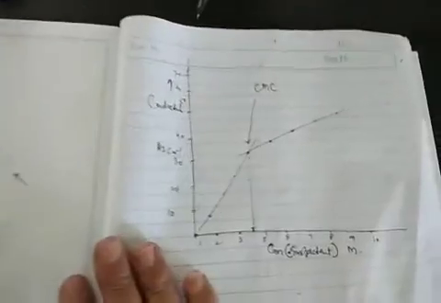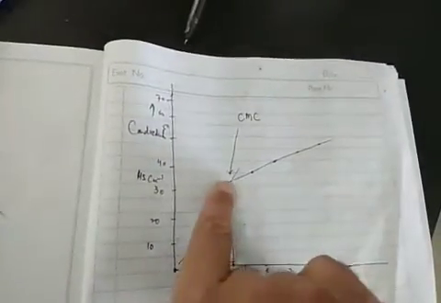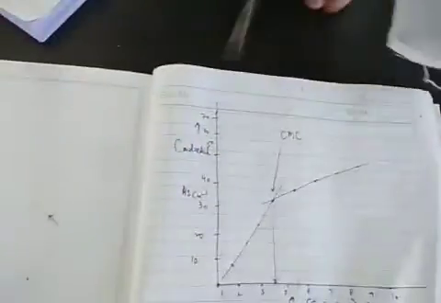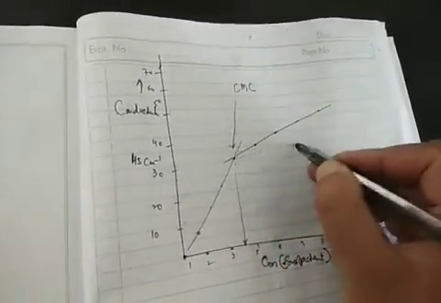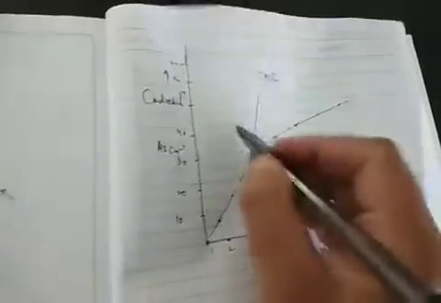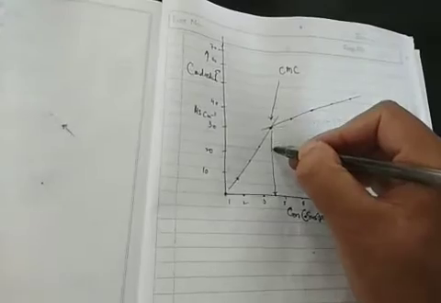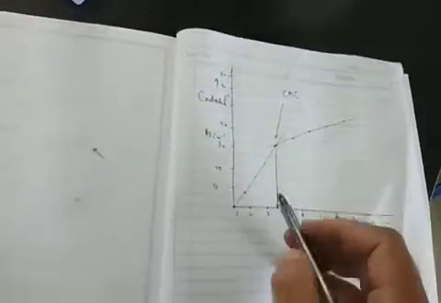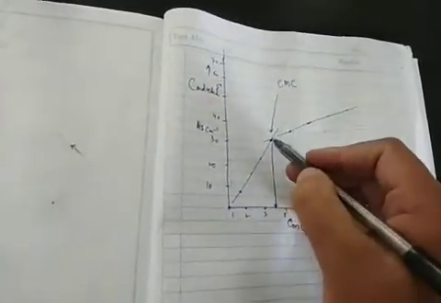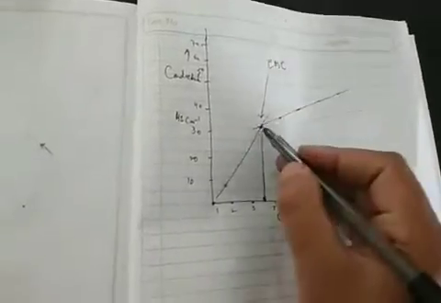So if you plot this, the graph looks similar to this type of graph. Initially we had the sharp rise, you can see the slope is there, large slope, and then आपका slight rise हो रहा है यहाँ पे. It can come also this way. If you plot this perfectly, it may come this way also, because we are showing it a bit rough here. So this point where these two lines are intersecting, you can just match this point here. So this concentration on the x-axis, it's the concentration of the surfactant from where the conductivity starts decreasing. यहाँ पे ऐसा क्यों होता है?